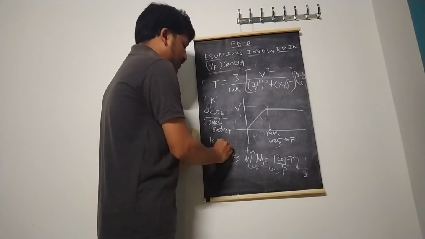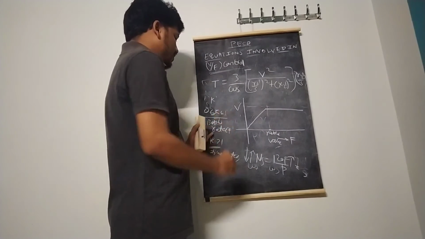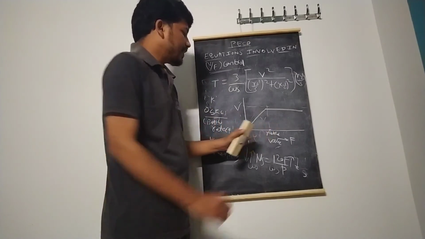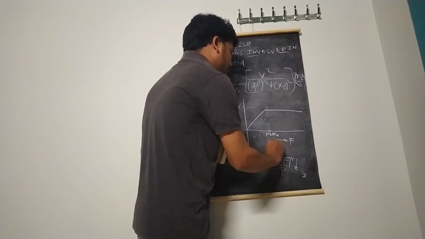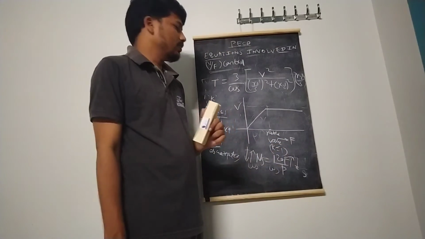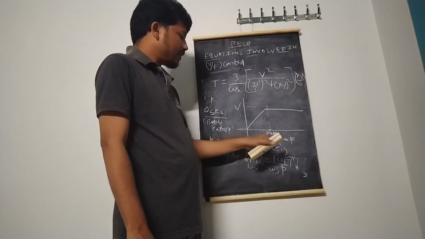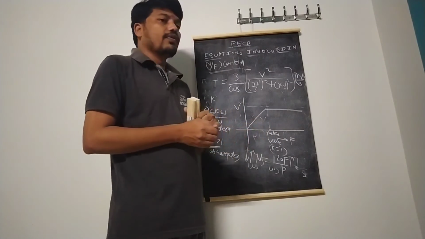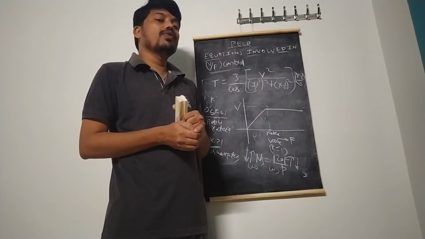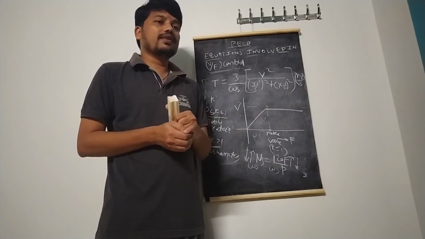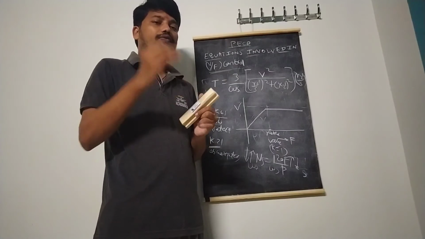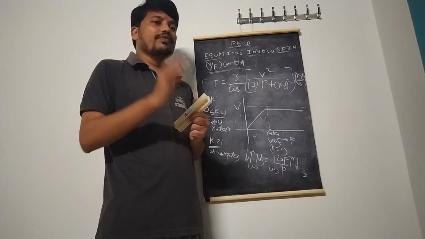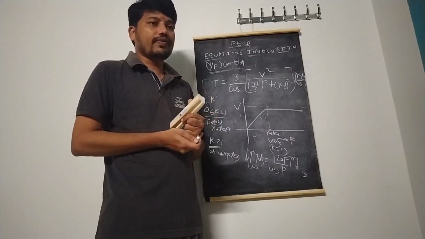K greater than 1 is above rated frequency, and k less than 1 is below rated frequency, where k is the per unit frequency here. This is the k value. If k is equal to 1, this is the constant. So for below rated frequency, from 0 to 1, if the frequency changes, in the practical case, definitely voltage has to be changed by that much amount. If the frequency goes from 50 Hz to 25 Hz, definitely the supply also becomes less, from 415 volts to, let us say, some 207 volts.